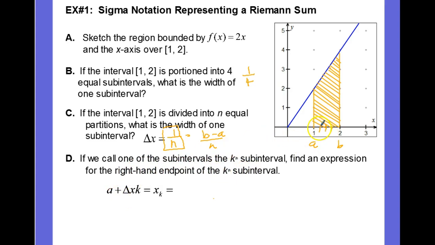Well, if I wanted to find that point, I would need to start with my a value, which in this case is going to be 1. So we're going to start with 1. And we're going to add to that our delta x, which we just got as 1 over n. So 1 over n. And how many of these do we have up to the kth one? Well, we have k of them. And so 1 plus 1 over n times k. And so we can write that a little more compactly. 1 plus k